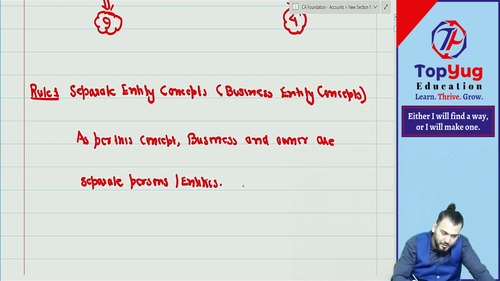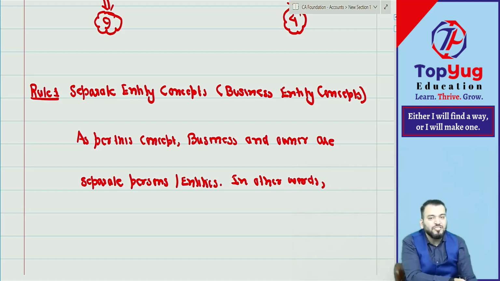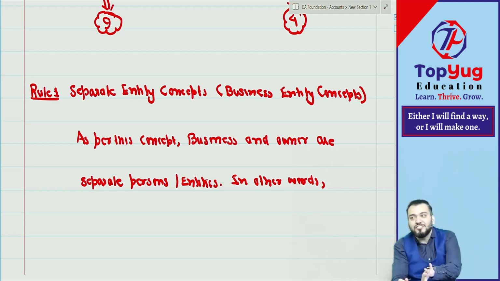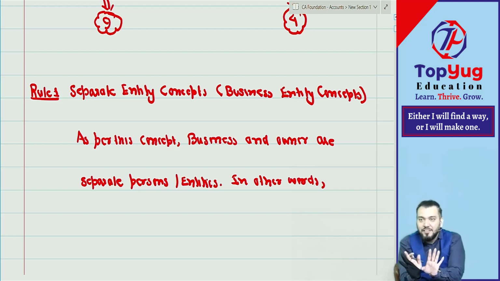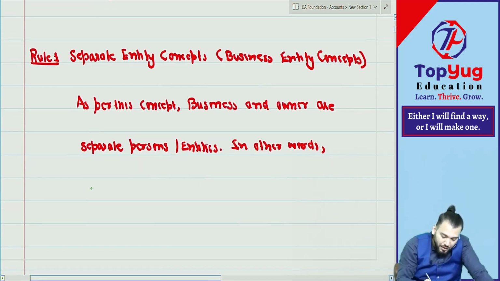Correct? In other words, in accounting, we record which transactions? We record financial transactions, meaning only those transactions which affect the financial position of the business. Can I say it in this way? Correct. So in other words, write down: